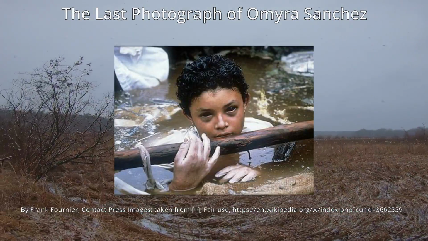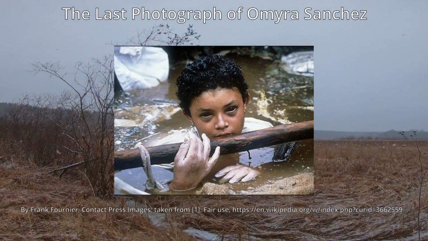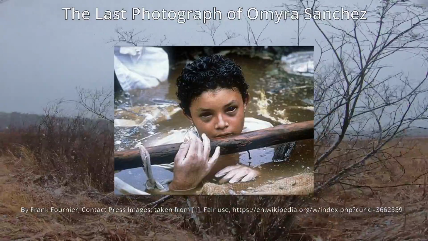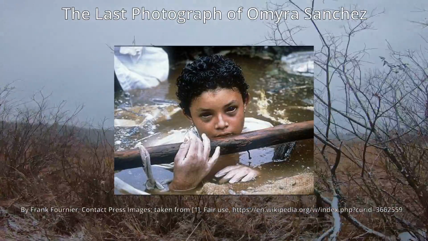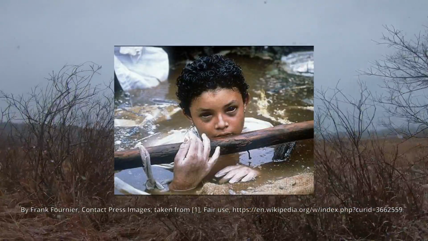This next photograph is called The Last Photograph of Elmira Sanchez, and again, like the previous image, I do want to give a little bit of a trigger warning since the history behind this image is a little bit dark. So Elmira Sanchez Garzon was a 13-year-old Colombian girl killed in Armero, Tolima by the 1985 eruption of the Nevado